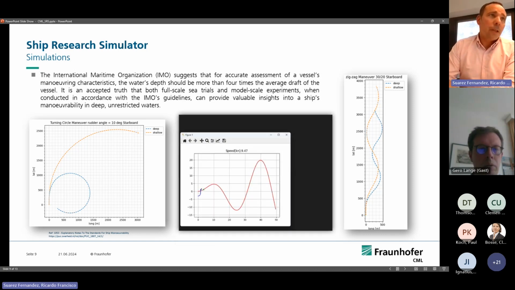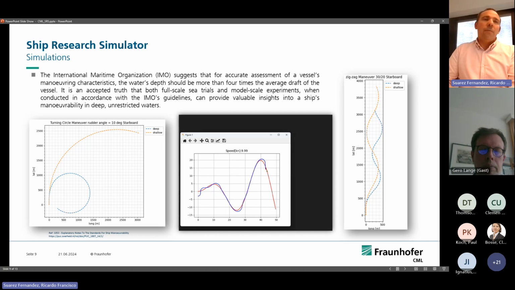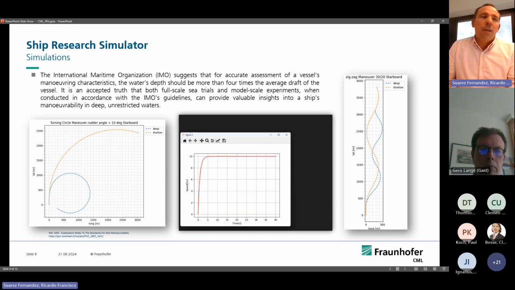Here, for example, I would like to conclude this slide by showing the future work that we are working on, in the area of control for trajectory prediction and also for controlling the speed. With this tool, which is under development, we have a predefined trajectory that could be the data from the AIS, the automatic identification system of the ship, and with this data we can